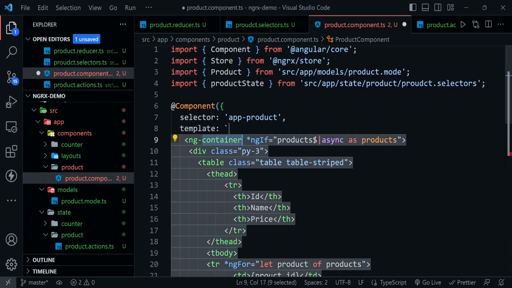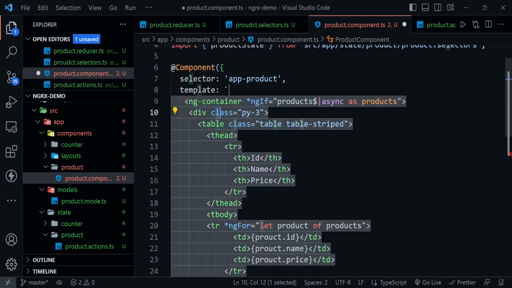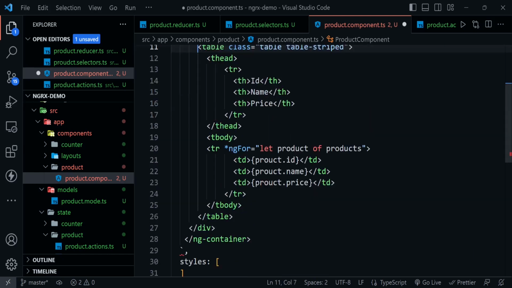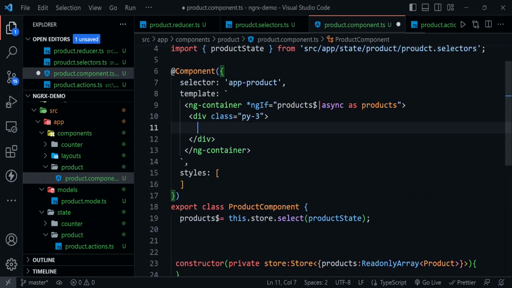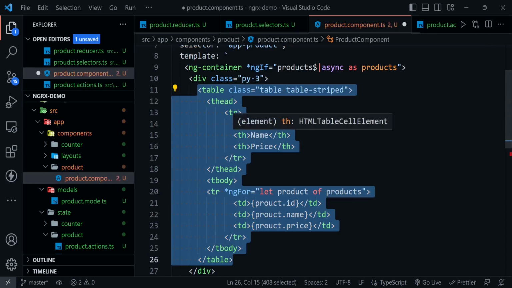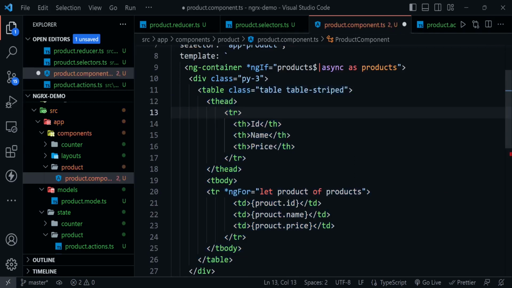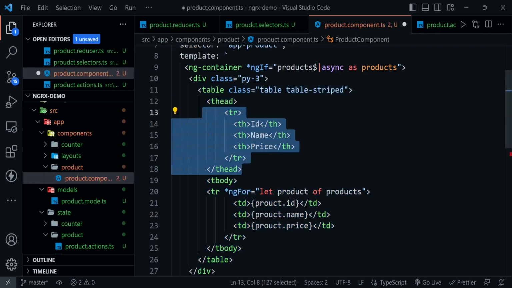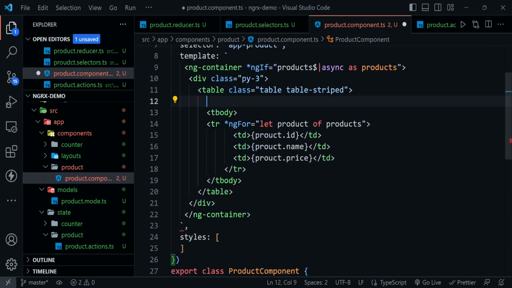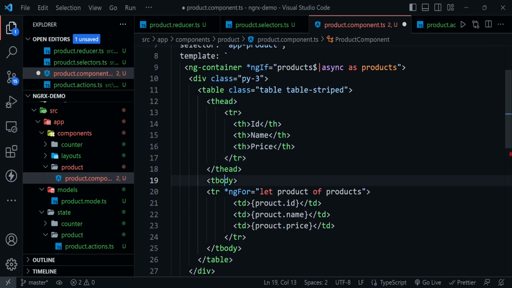We have this ng container here, div py3. So let's remove this table right now. Okay, so it means error is inside this table. Okay, if I remove this t head, t body,